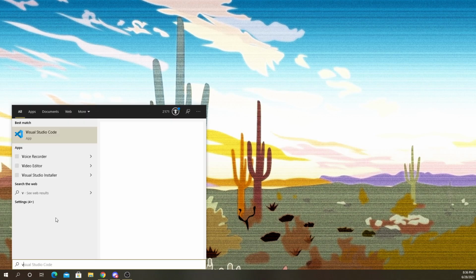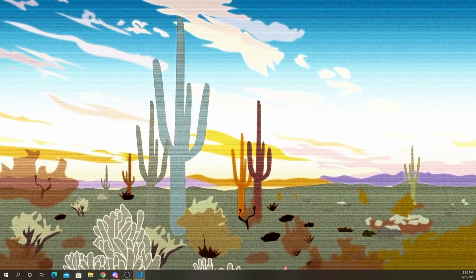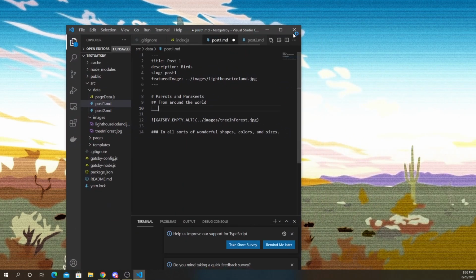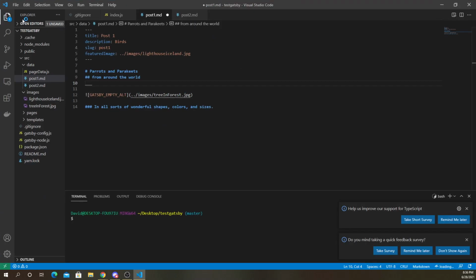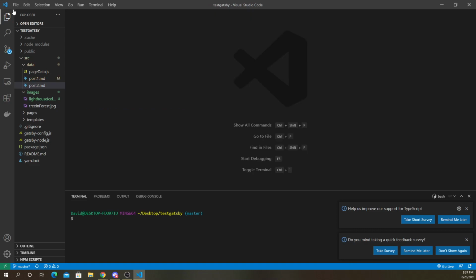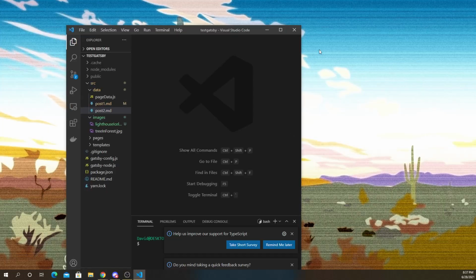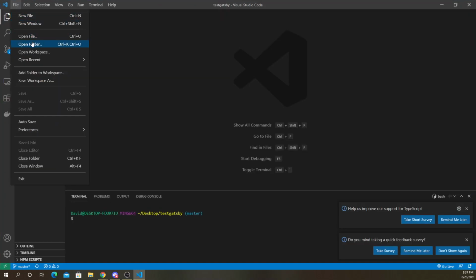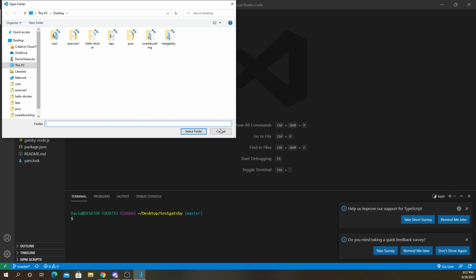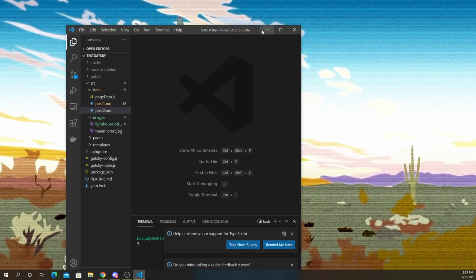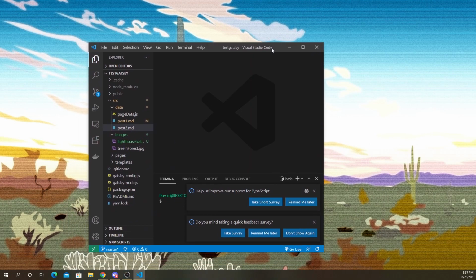So I'll open up VS Code. And let's get rid of just another project I was working on. Whatever, save that, close that. Right, so if you remember with VS Code, you start a project by opening a folder. So right now, let's just create a new folder on the desktop.